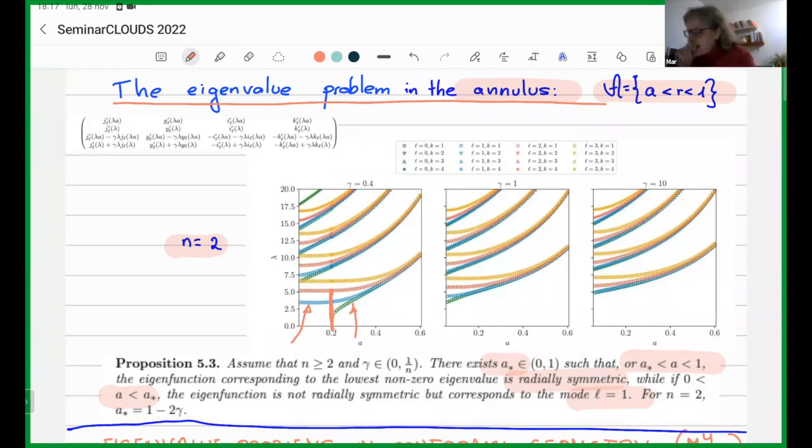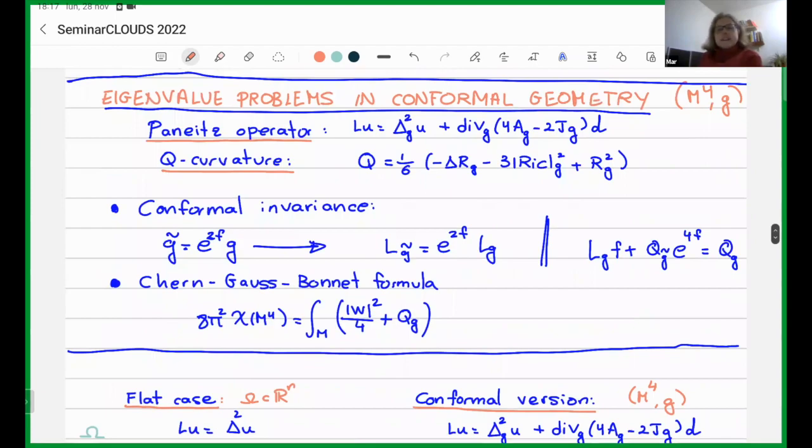But now what we would like to do is to work on optimization for this eigenvalue in just general domains, but that's something we're trying now. And we are getting to the second part of the talk, that is to look at eigenvalue problems in conformal geometry. Now, for the rest of the talk, I'm going to be working on 4-manifolds M, the Riemannian manifolds